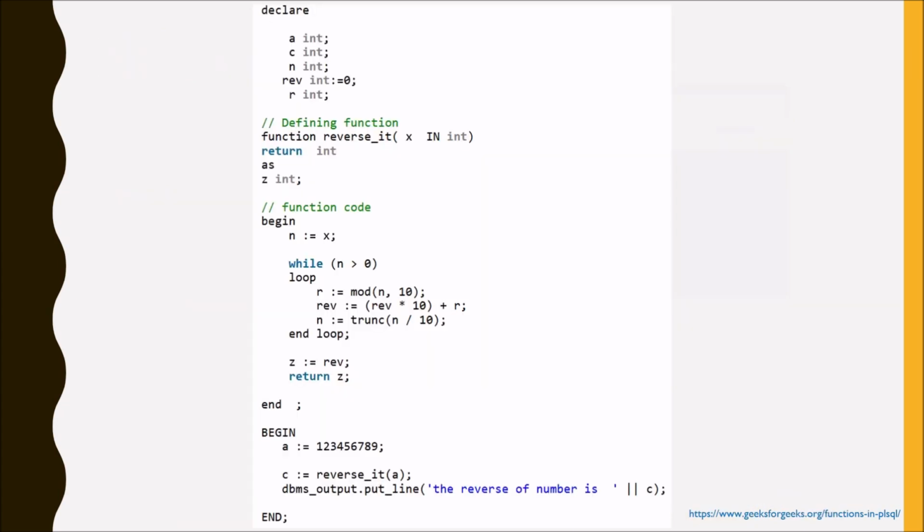To finish here, let's go through an example of a function line by line, which comes from geeksforgeeks.org. Firstly, some integers are declared in the declare segment. Then the function is defined as function reverse_it, and takes in x as an integer and returns an integer, z. The actual code of the function then follows under begin, where n is given the value of x, and